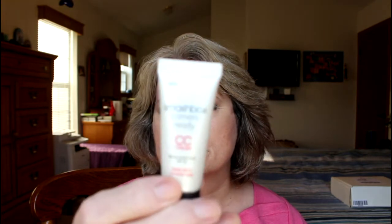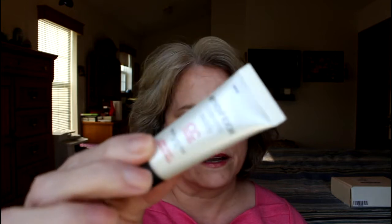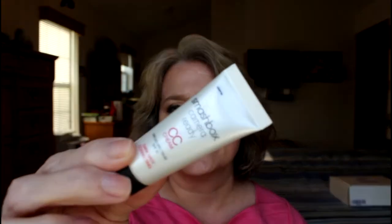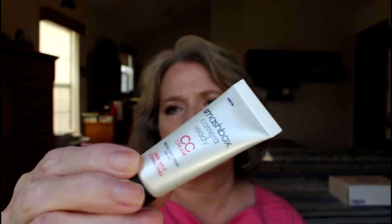So I also still have this Smashbox CC, and I'm going to use this up. This is definitely a not on camera makeup. It does say camera ready. It's Smashbox, which is a brand that's one of my favorites. It says camera ready, but this is definitely not fit for being used under